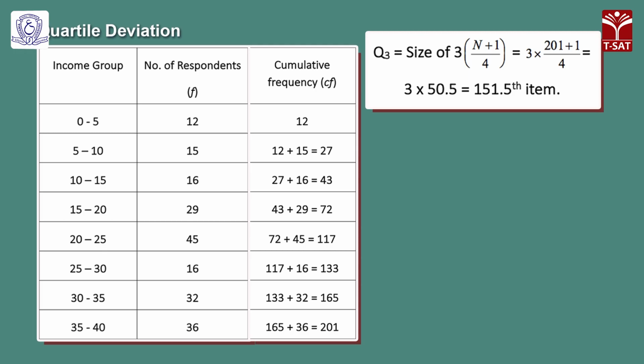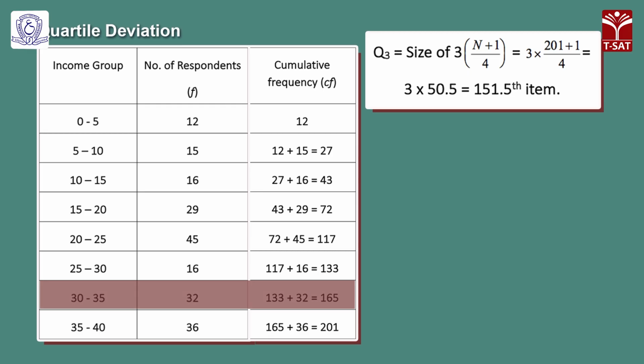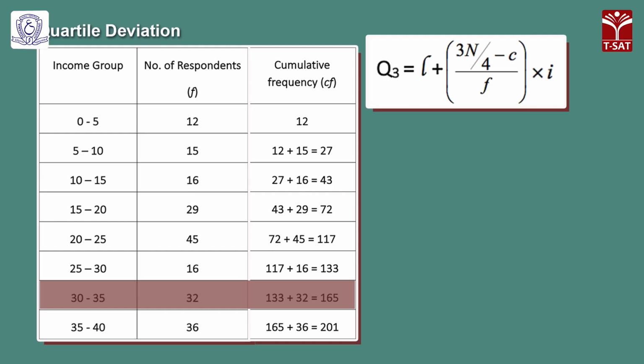The third step is to calculate Q3 value. Q3 is equal to size of 3 into (n plus 1) divided by 4, which is equal to 3 into (201 plus 1) divided by 4, which is equal to 3 into 50.5, which is equal to 151.5. So 151.5 item lies in the income group of 30 to 35. The formula to calculate Q3 is equal to L plus (3n divided by 4 minus C) by frequency into I,